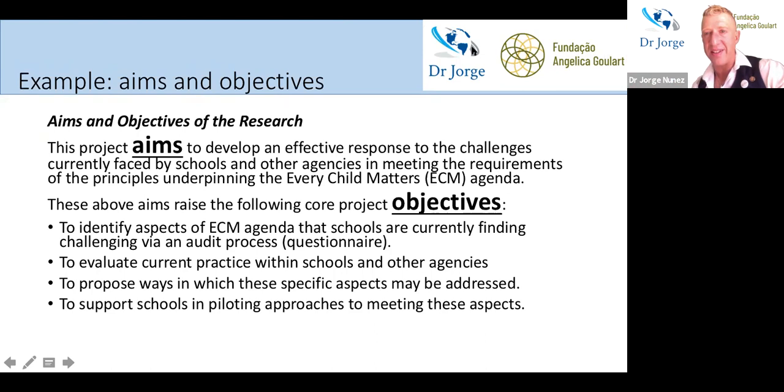I put here other examples just to show you what I mean. This project aims to develop an effective response to the challenge currently faced by schools and other agencies in meeting the requisite of the principle underpinning the Every Child Matters agenda. So we have a certain legislation, and we have the intention to explore how some schools and agencies enable this particular piece of legislation. So that's my aim, a piece of legislation within a certain sphere, schools and agencies that